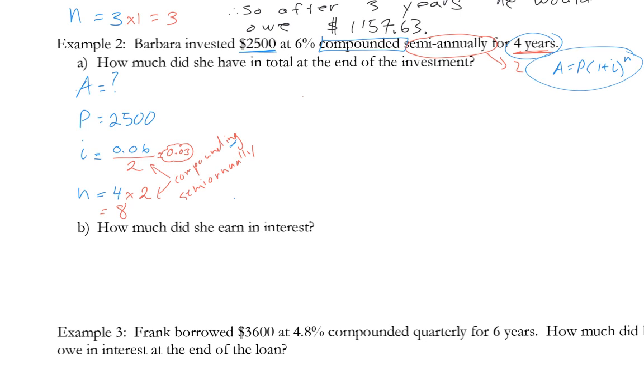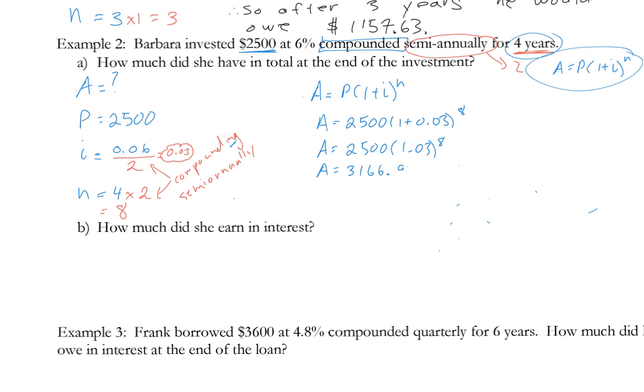We start by writing our equation, and then we substitute accordingly. So we're going to put P as our starting value, which is 2,500. Then we go 1 plus 0.03 raised to the 8. Okay, and we can simplify that for when we put it into our calculator: 2,500 times 1.03 raised to the 8. Now, punch that in your calculator, and you're going to get your A value, your final amount, being $3,166.92